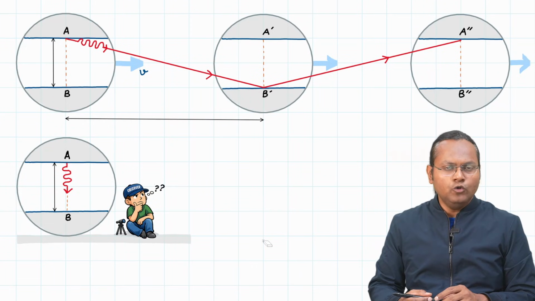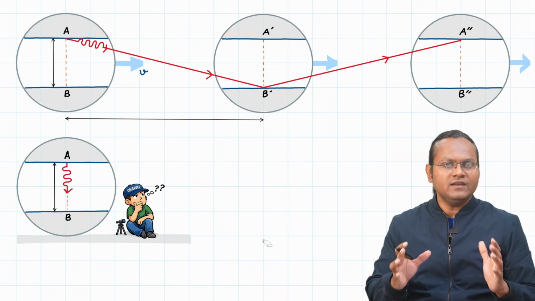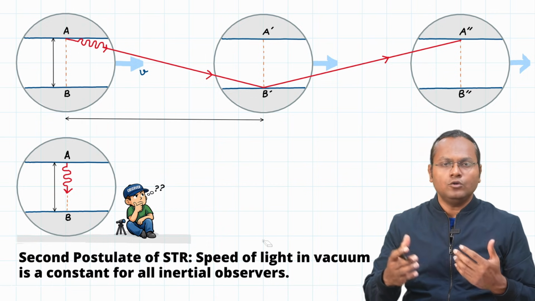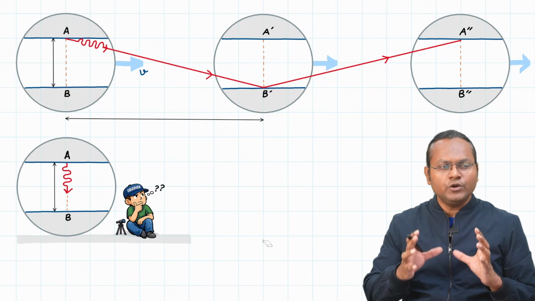The strange phenomenon of time dilation can simply be proved by the second postulate, that light travels at the same speed for all observers. We do not need any complicated math, and I'm going to show it to you using